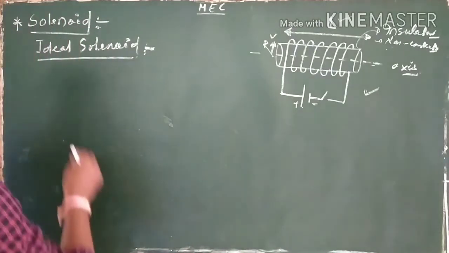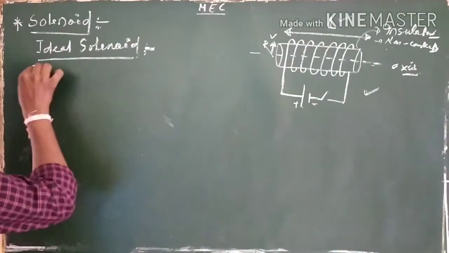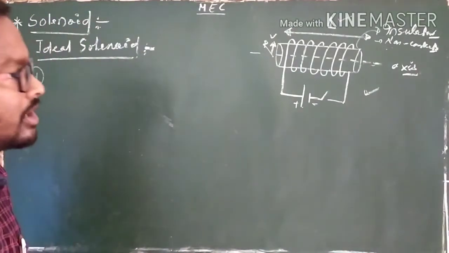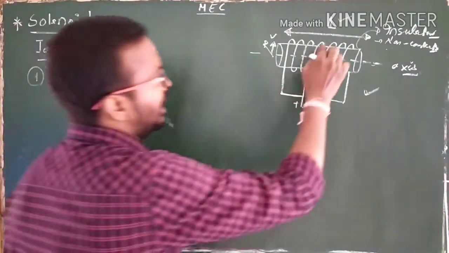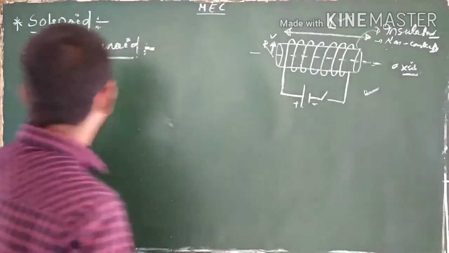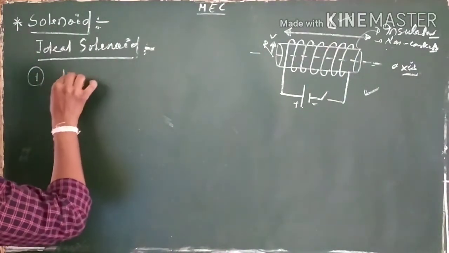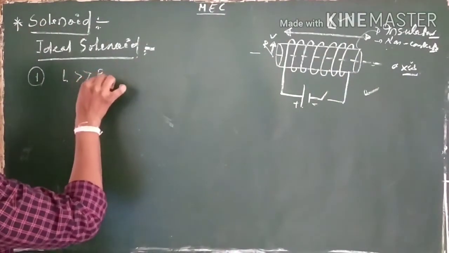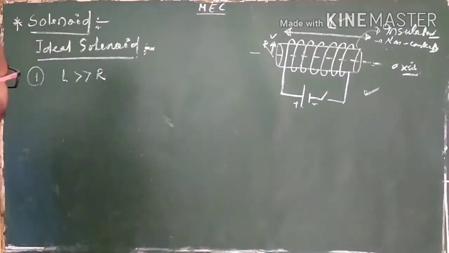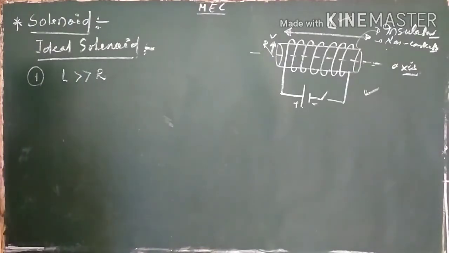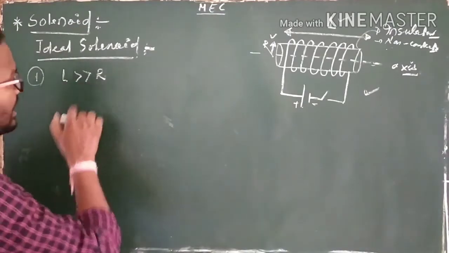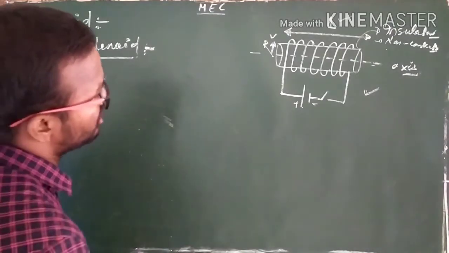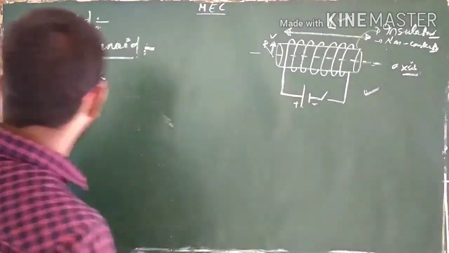For an ideal solenoid, we have to remember the following points. First point: for an ideal solenoid, the length of the solenoid is very large. That means L is very large as compared to the radius of the solenoid. This is the first point to remember for an ideal solenoid. Clear? Second point,